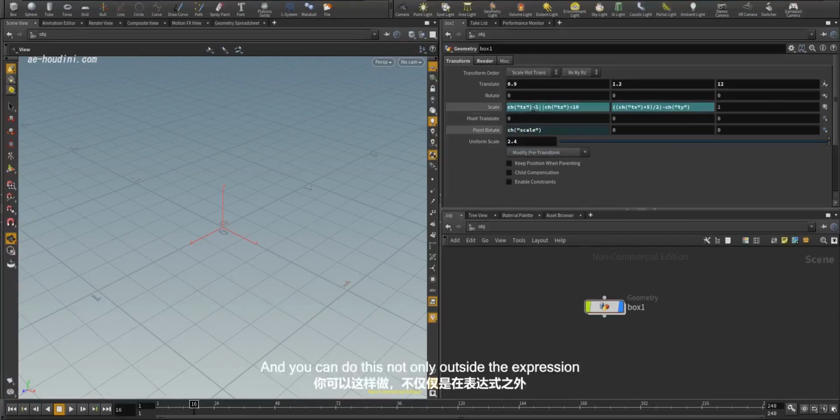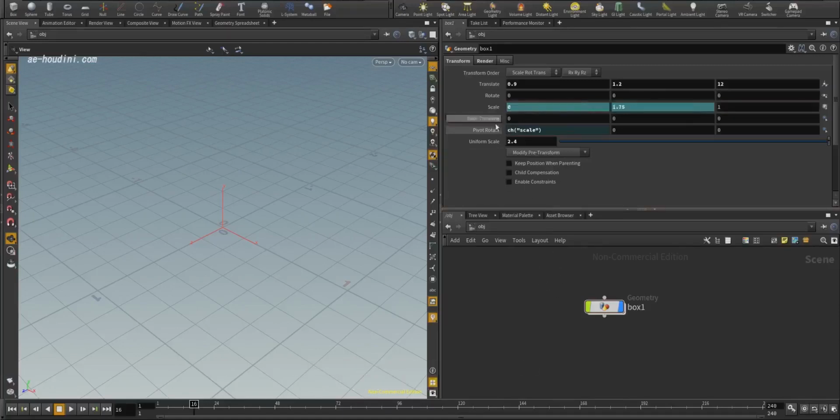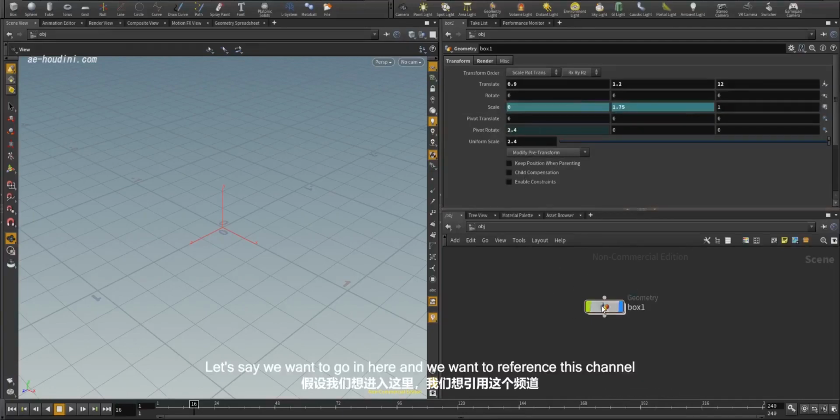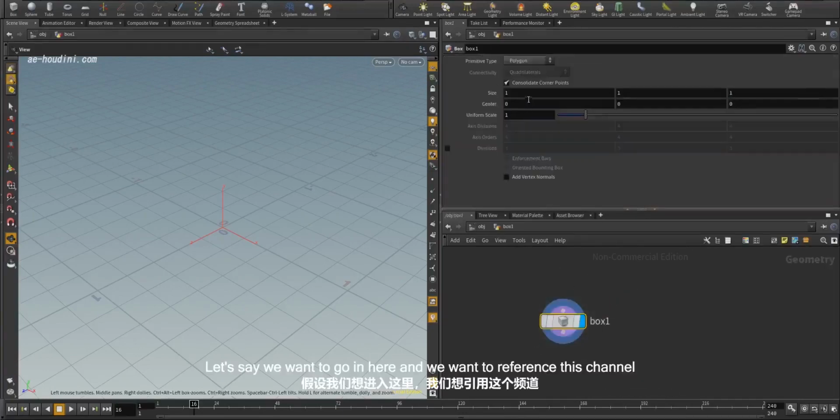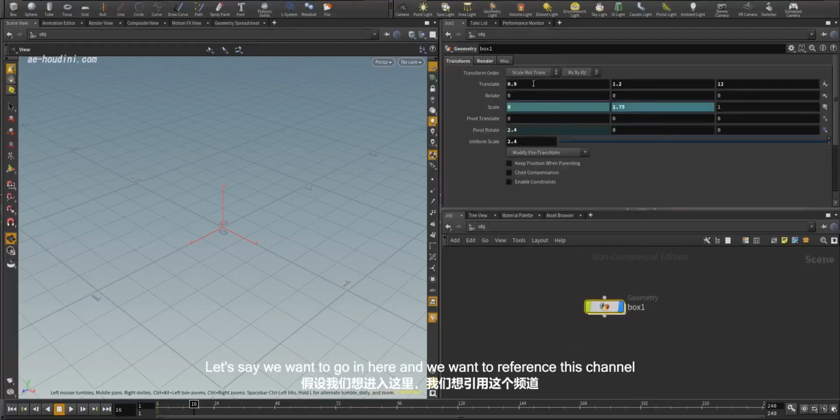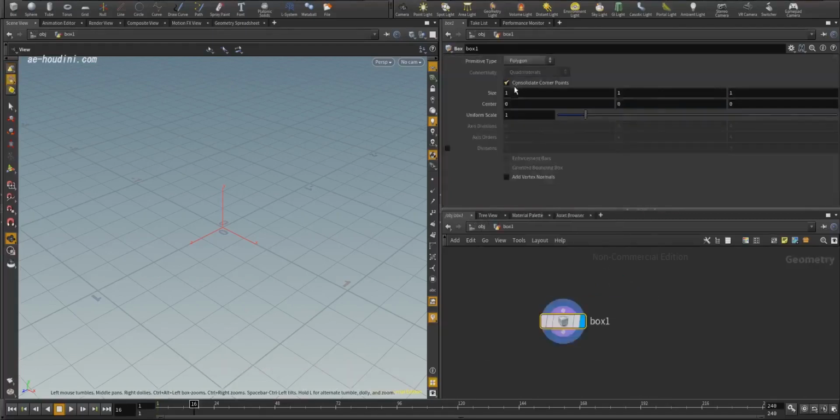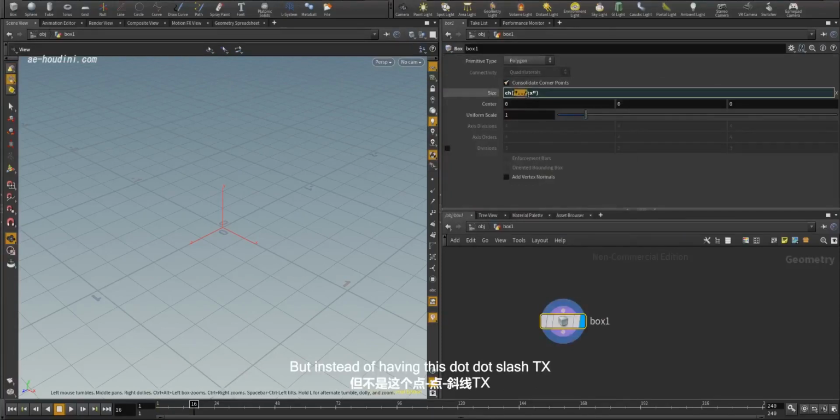And you can do this not only outside the expression, but actually inside, in your arguments, you can do it as well. So let's say we want to go in here and we want to reference this channel, but instead of having this